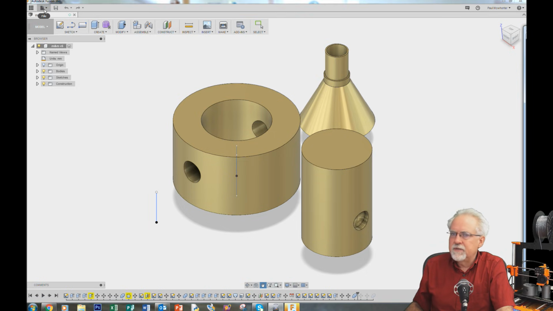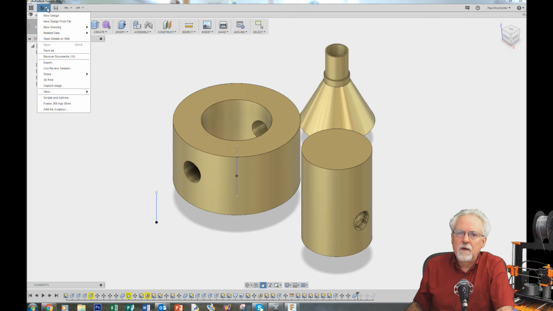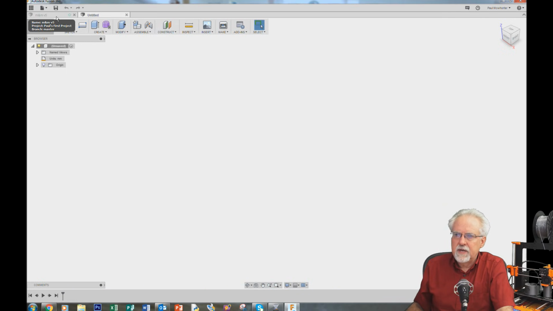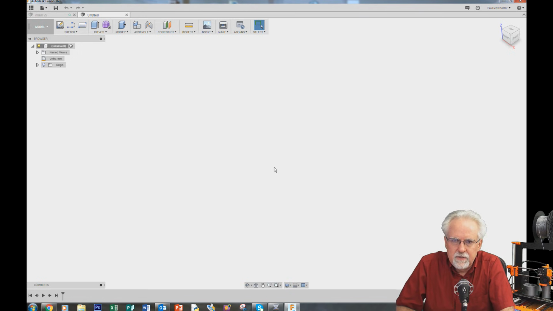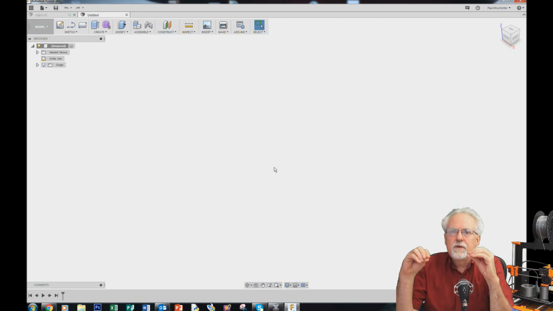I'm going to go slowly. You see this little sheet of paper, you need to come up and you need to say new design. So you come up here, select new design, and boom, I have a new design. Now the first thing that we're going to do is we're going to learn to sketch, and in this first